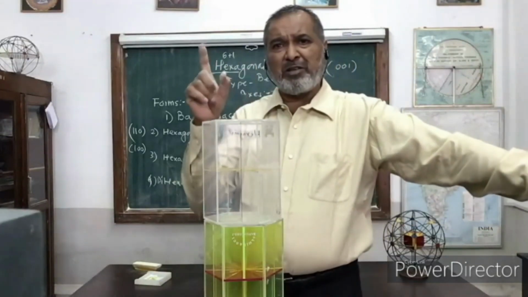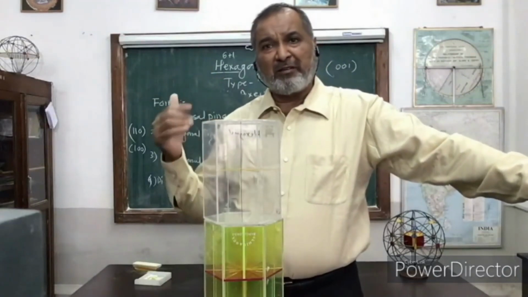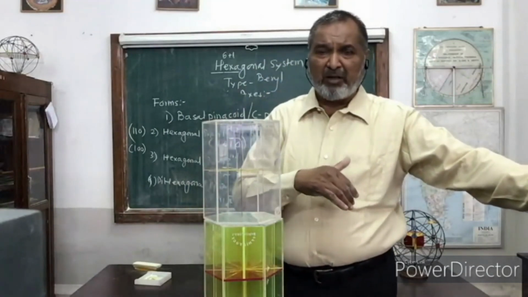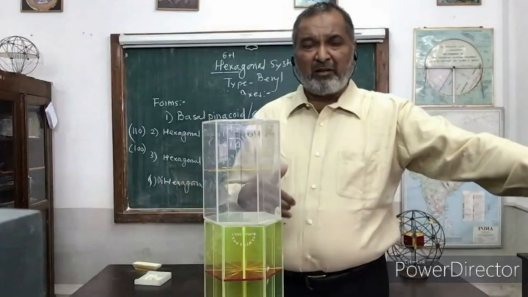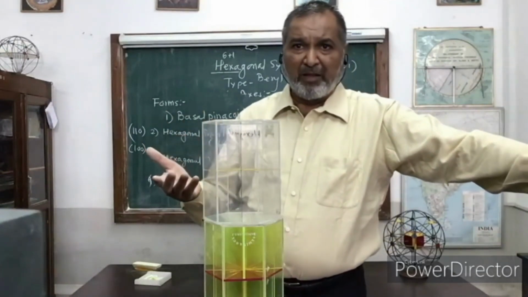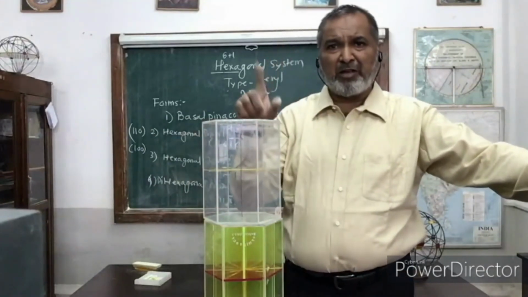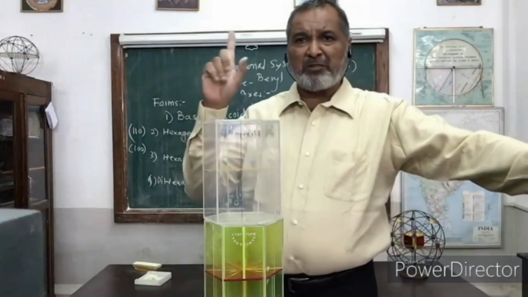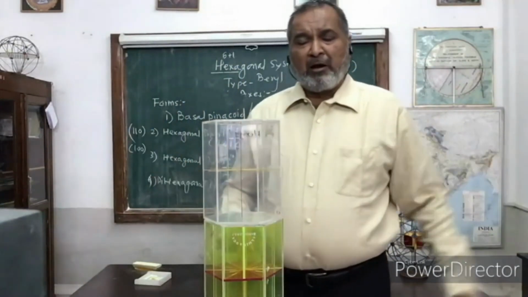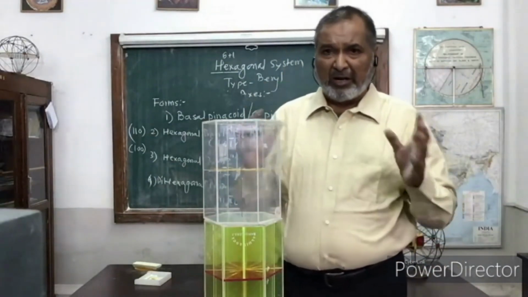Same indices 1 1 0, 1 1 1, prism and pyramid. Only what we have to make out is that in the second order one more axis will become parallel in the prism or in the pyramid. Here what is happening, one more axis is going to cut. That is the only difference. The rest remains the same. 1 1 0 will become 1 0 bar 1 0, whereas 1 1 1 will become 1 0 bar 1 1. So that is the way you have to make out the preparation and try to understand.